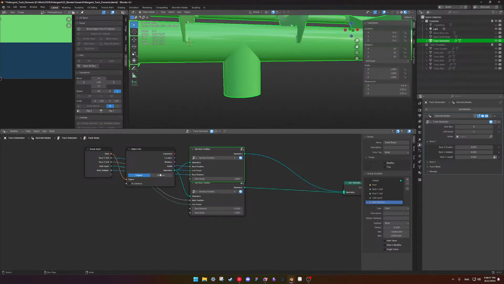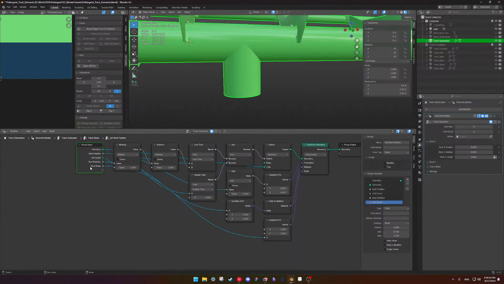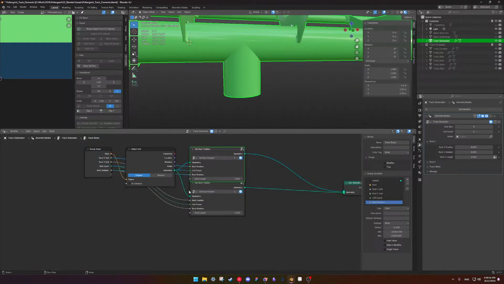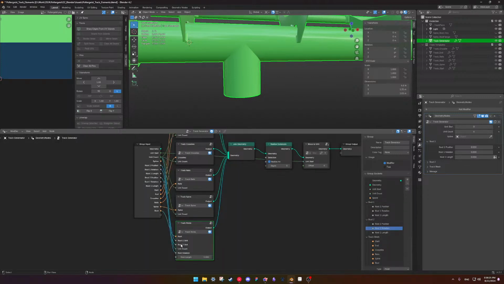Root rotation. It's gonna go here as well. Root scale. I don't want to call it that. Root length. So root length. Go here. Root length.